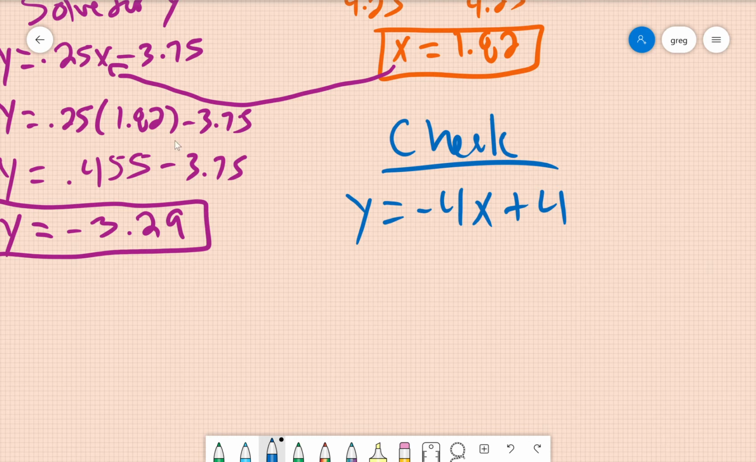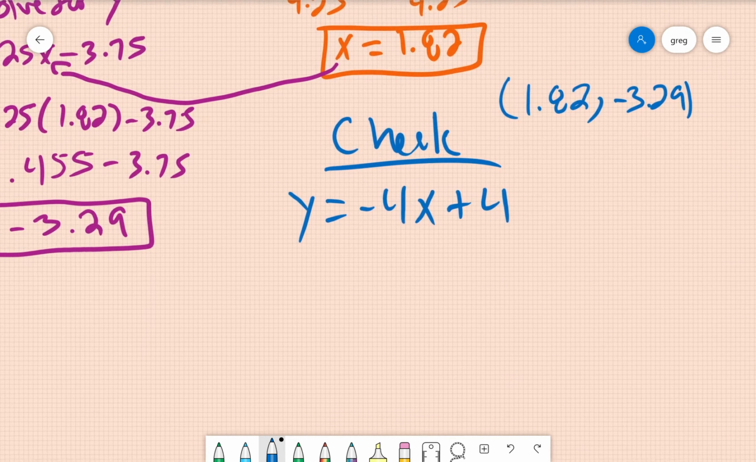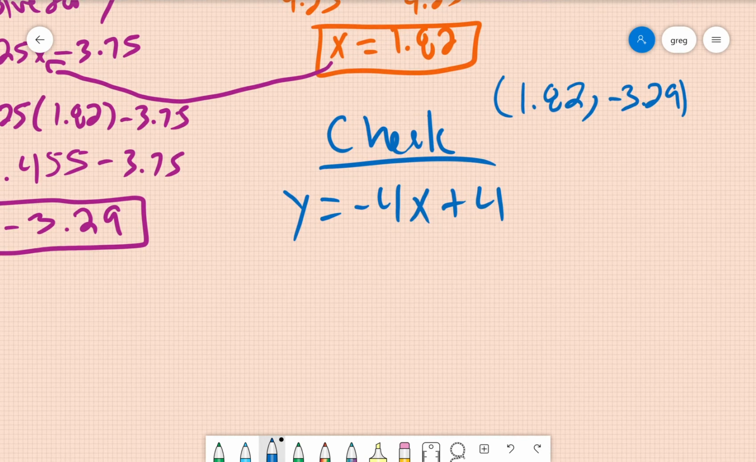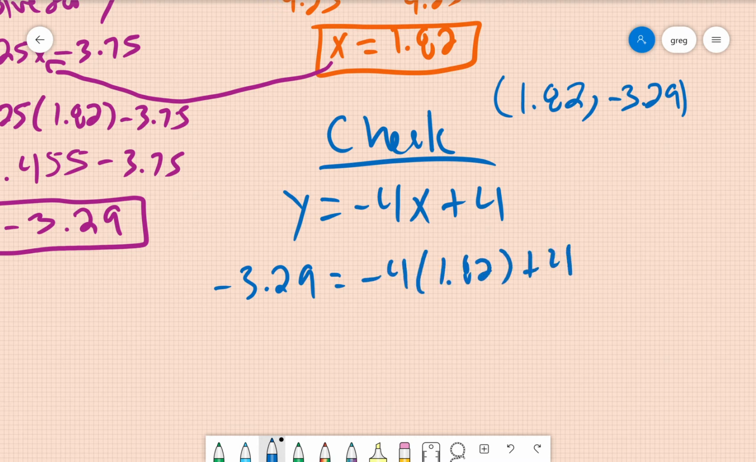We have our x, we have our y. I'm sorry, I should have put it as an ordered pair over here. So 1.82 and negative 3.29. That's our ordered pair we're going to check. Negative 3.29 equals negative 4 times 1.82 plus 4. What is negative 4 times 1.82? Negative